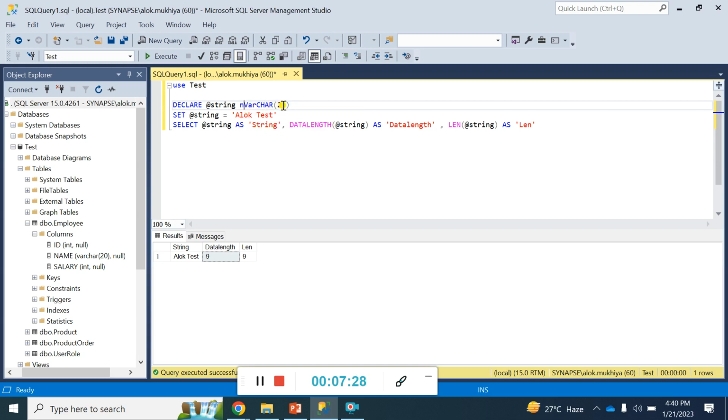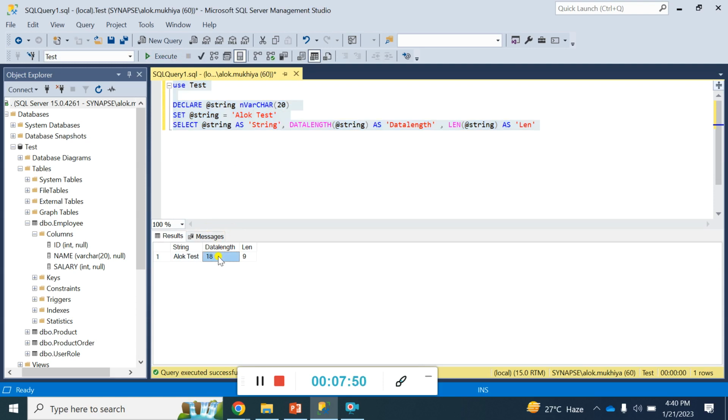Once you assign a length of 20, nvarchar multiplies the data length by two, and it's variable. Once you execute the query, you see the difference between them. Here you can see that nvarchar is 9, but the data length is 18,